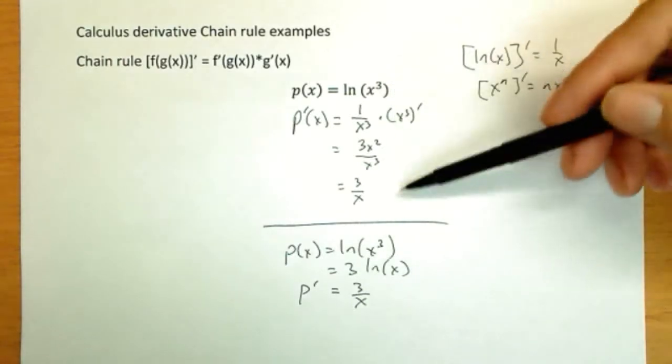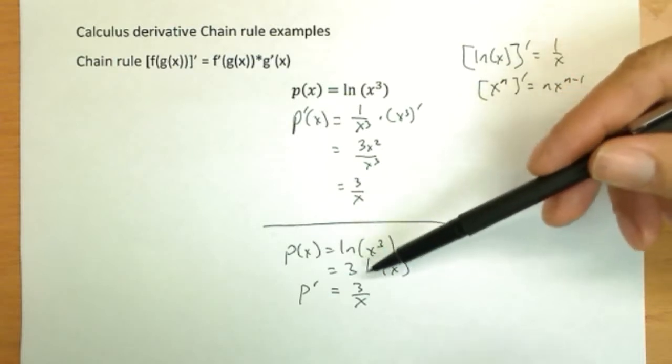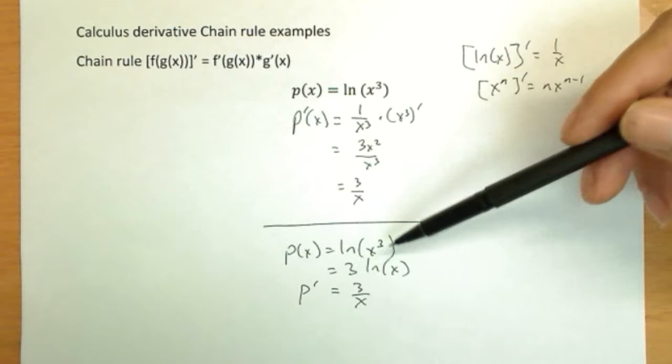Wanted to use an example with the chain rule, but of course you can feel free to notice this power comes out in front and make the problem even easier by using a little bit of knowledge about logarithms before